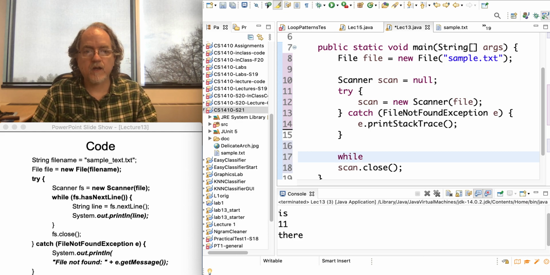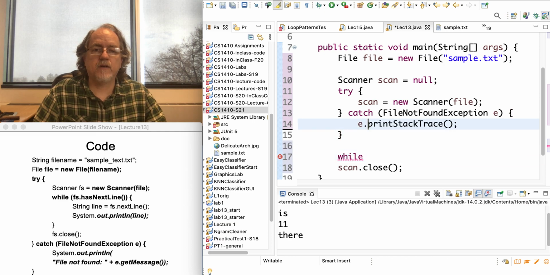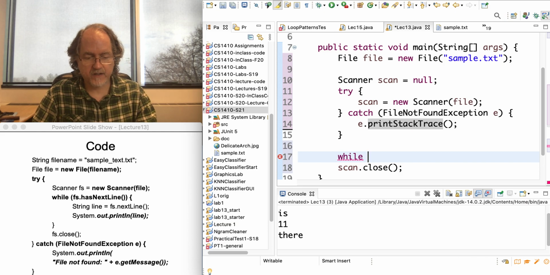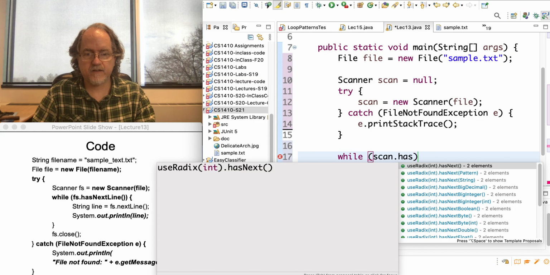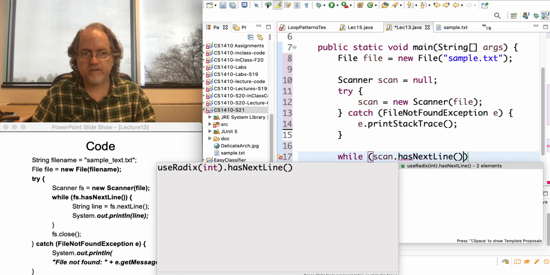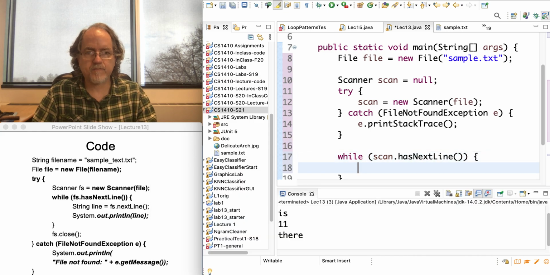So at this point, I believe I have a scanner set up properly, although if I catch it and print it out, I'm going to continue on, and there could be issues here, so I really should do something else to detect that, but I'm just sort of pretending it's going to work out okay here. So while the scan has a next line, in other words, there's more information to read, I'm going to get that line,